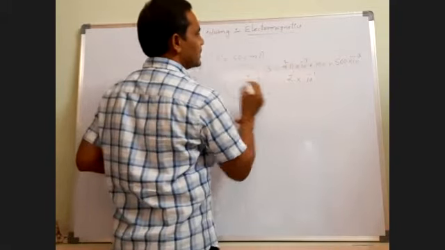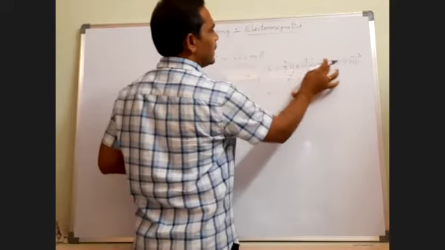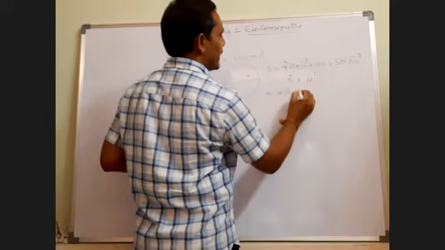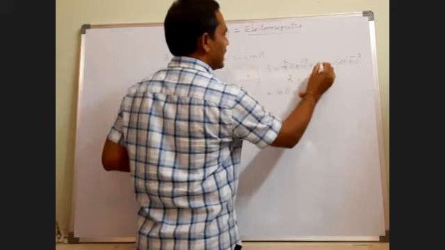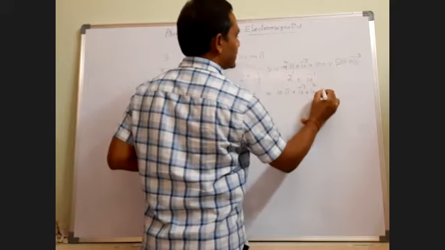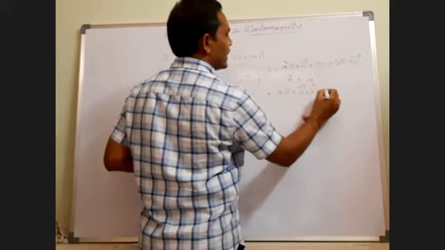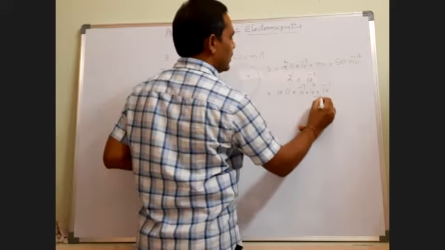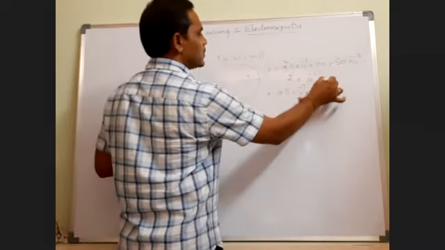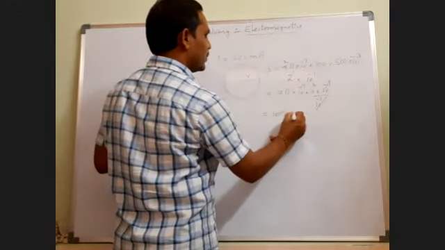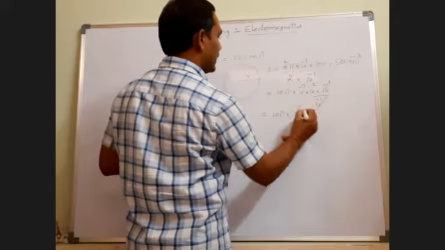Okay, so this is equal to 2 into 5, 10 pi, here 10 power minus 7. 100 is 10 square, I am writing. Here 10 square into 10 power minus 3, in the numerator, and in the denominator we have 10 power minus 1. These two cancel, equal to 10 pi into 10 power minus 5.